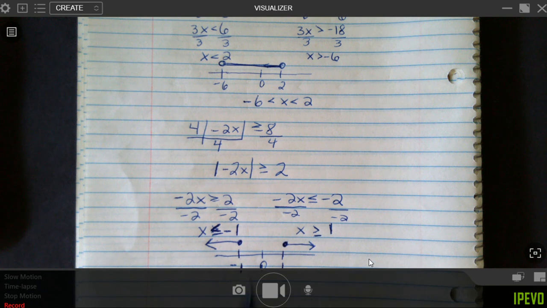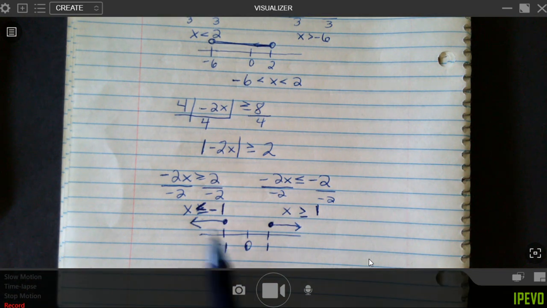So this is one of those situations that's an or. So unlike the one above where we were able to write it as one compound inequality, you have to leave them as two separate things. X is less than or equal to -1, or x is